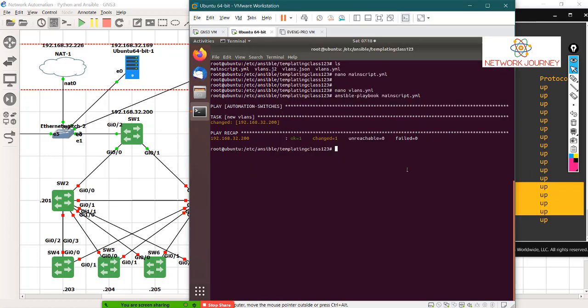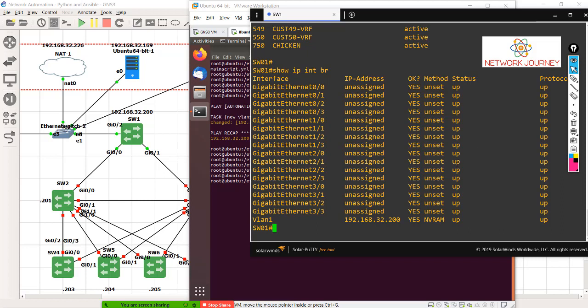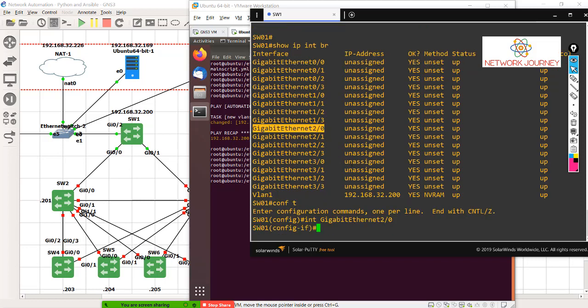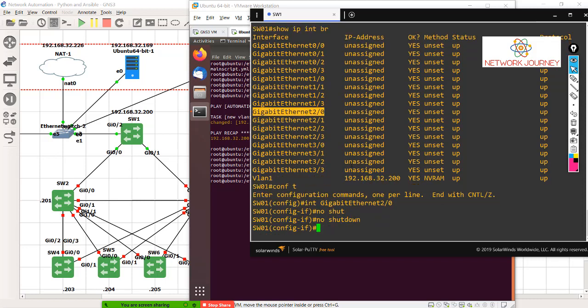Okay. So what I do is I'll once again go and create a new Jinja template now. Let me show you what things we need exactly. So let's say I go to this interface. First thing that I need is no shutdown. Of course I need that. Next thing I need is IP address. Let's see if this is going to help me.